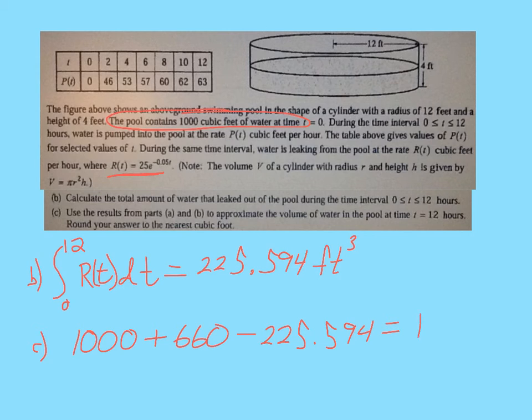So I get 1,434.406, but this says to the nearest cubic foot. It doesn't want all those decimals, so 1,434 cubic feet of water in the pool at this time. Now, so far we really haven't done a related rate yet, but notice in the question again, they give us the formula for volume. So I'm guessing,